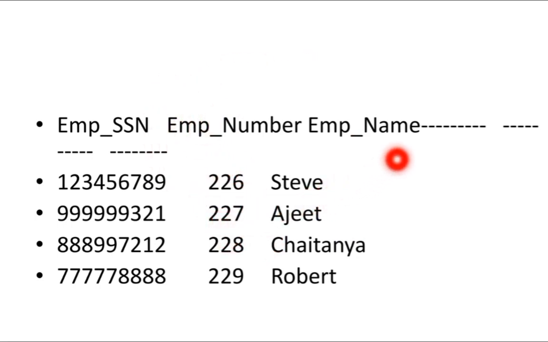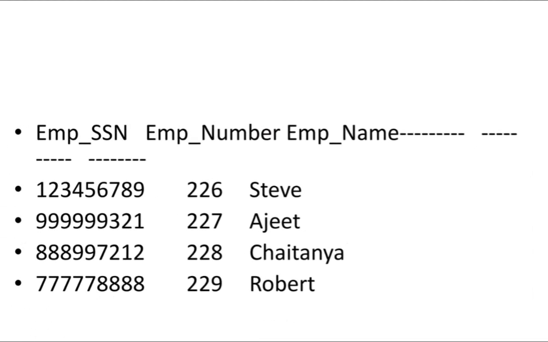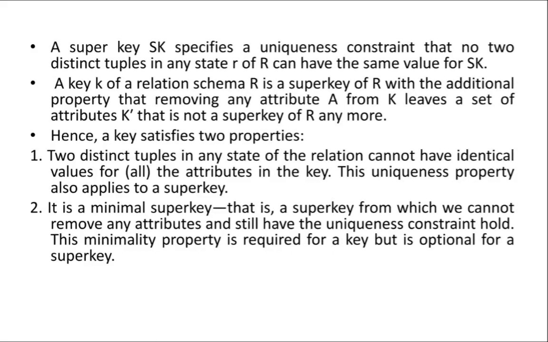But in a key, what is going to tell that? If you remove any one of the attributes, you can't identify that individual record. Here you can't remove any of the attributes like employee SSN, employee number, employee name if it is a key. Super key, no problem. This is a super key example. Here I can remove any key. That is possible. I told you, right? But in key, it's not possible. Hope you understood, guys. Don't get confused.